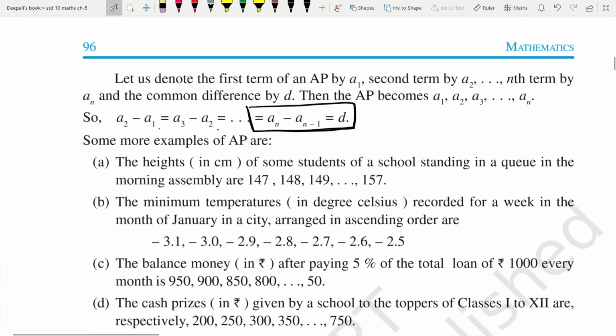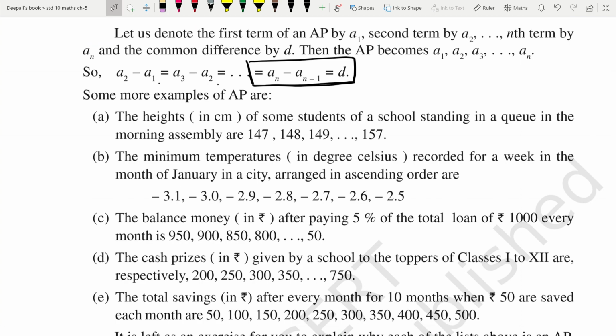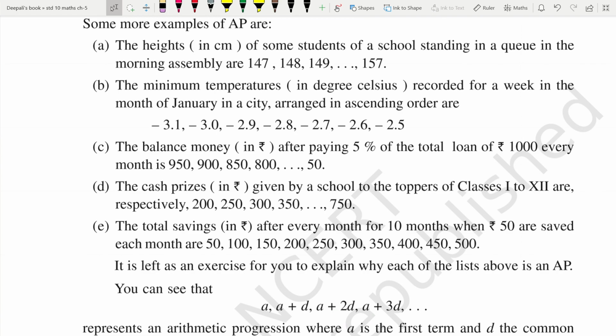Some more examples of AP are: the heights in centimeters of some students of a school standing in a queue in morning assembly are 147, 148, 149, 150 and so on. The minimum temperature in degrees Celsius recorded for a week in the month of January in a city, arranged in ascending order, are -3.1, -3, -2.9, -2.8, -2.7, -2.6, -2.5. The balance money in rupees after paying 5% of the total loan of rupees 1000 every month is 950, 900,